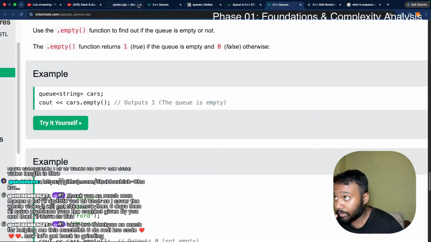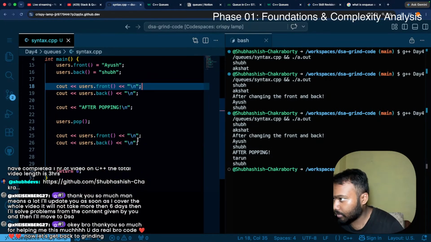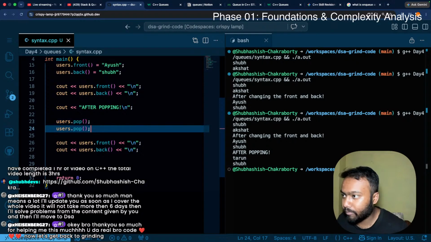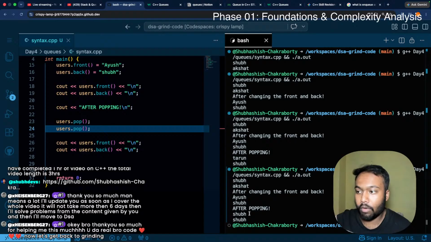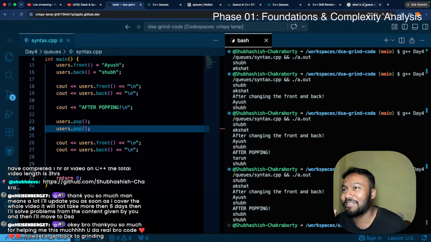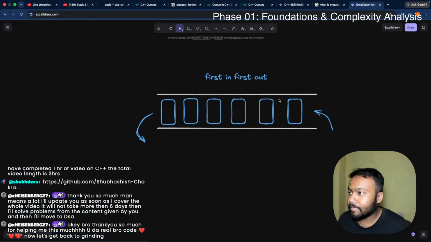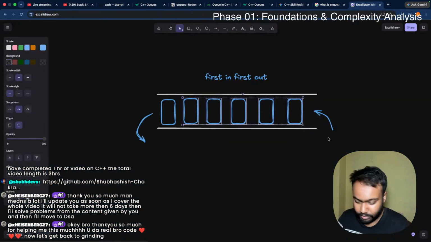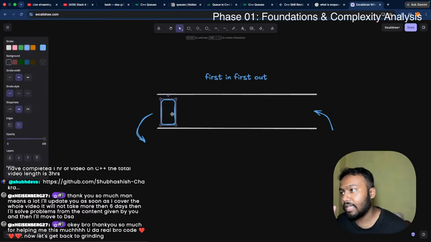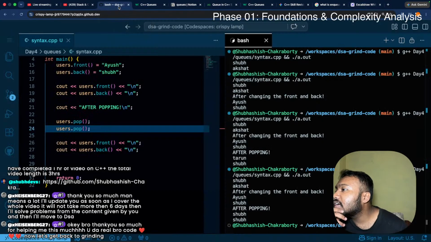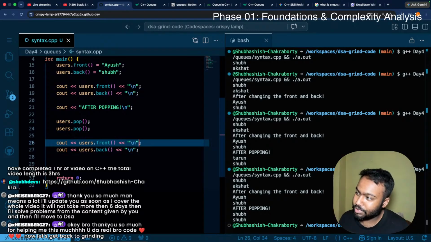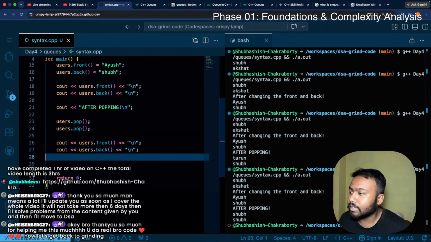Okay, I want to explain what is happening here. Now just imagine, we have used pop one time. If you pop out another element, now Shubh will be at the front. Just try to remove all the elements. If there is one person who is the only one standing in the line, he is the front and he is the back, both. Makes sense. But now if I do something here,